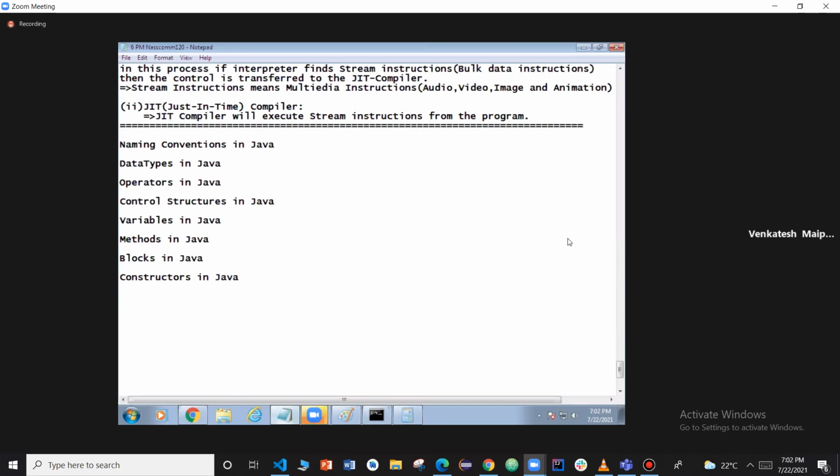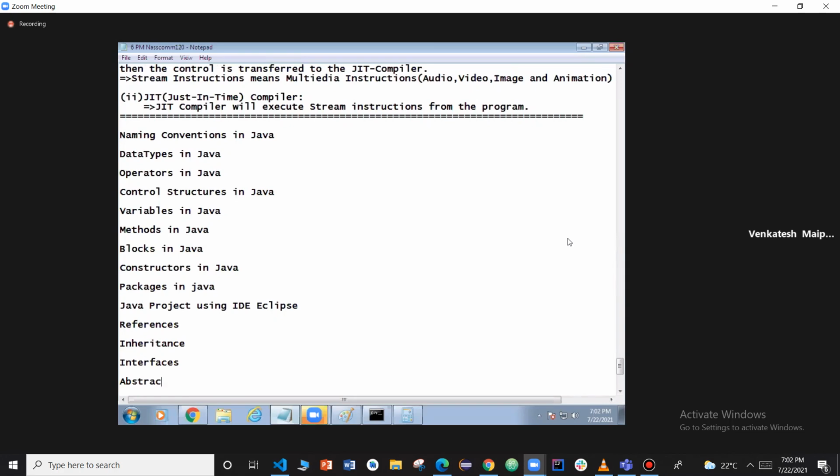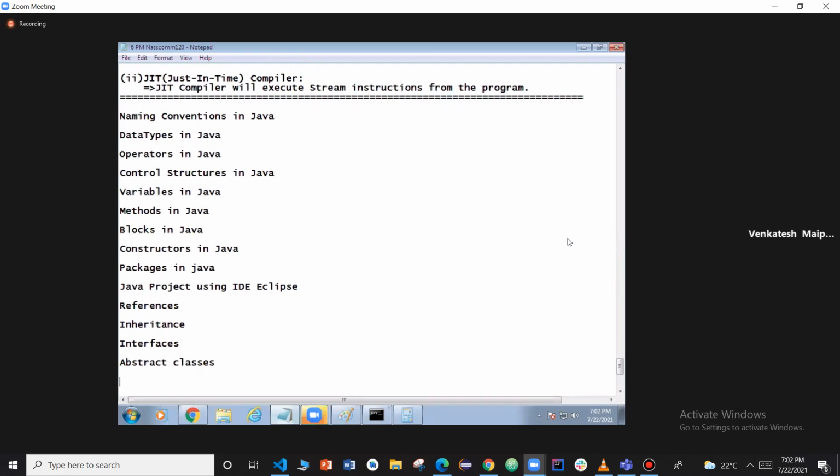Then introducing Java project using IDE Eclipse will be introduced. Here, packages. After packages, user-defined packages, then we introduce a Java project using IDE. Then references, inheritance, interfaces, abstract classes,